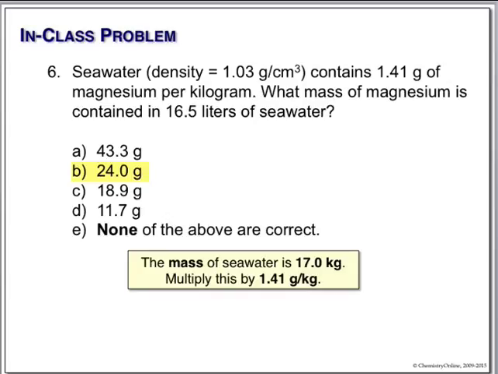The mass of our seawater is 17 kilograms, okay? Multiply that by our 1.41, 24 grams. Now that's an awful lot of magnesium, isn't it? Awful lot of magnesium in our seawater. Actually, seawater is used as a source for magnesium and manganese, both elements. All right, let's end chapter